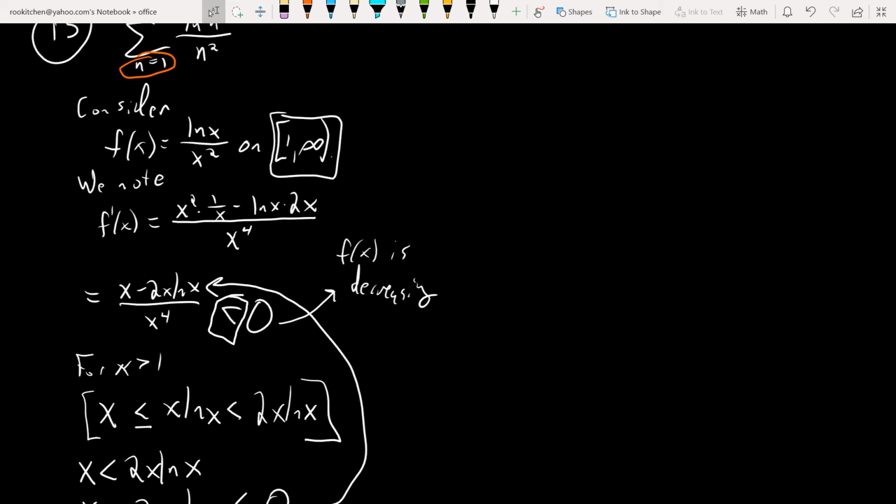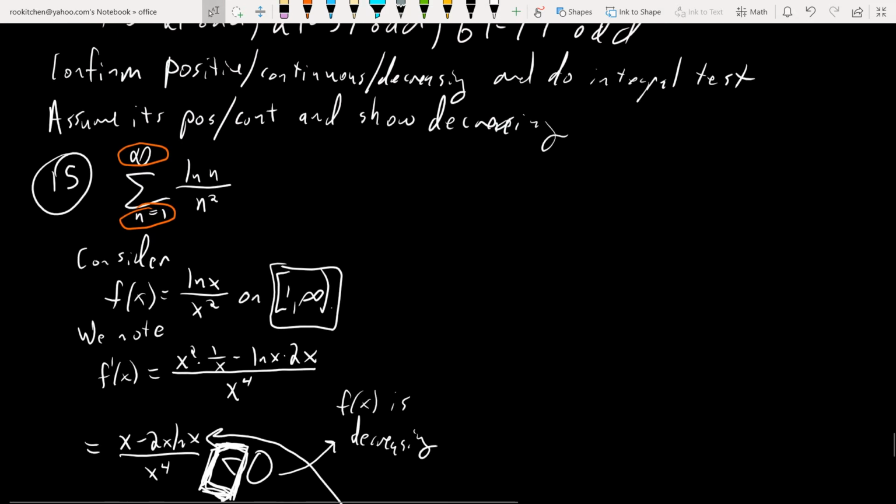You have to say, oh, the derivative is less than 0. And usually it'll be obvious. You could just say the numerator is negative, the denominator is positive, therefore it's decreasing. Therefore, we can use the integral test. Okay? So once you've concluded that, now we go to our integral test. In particular,